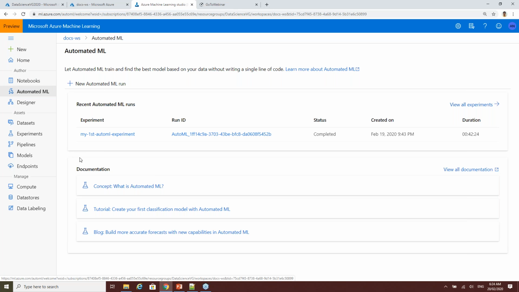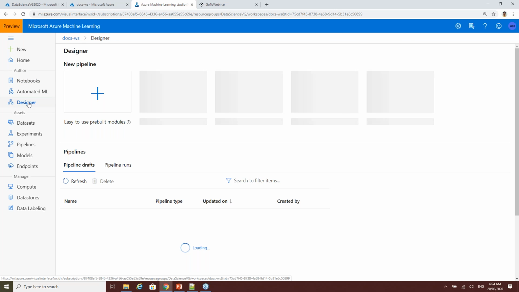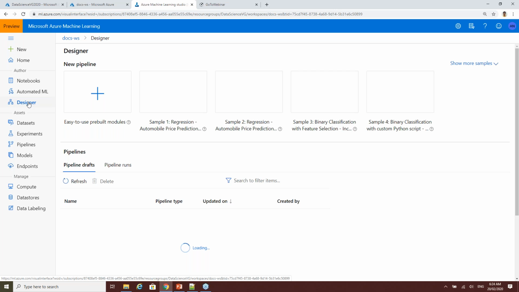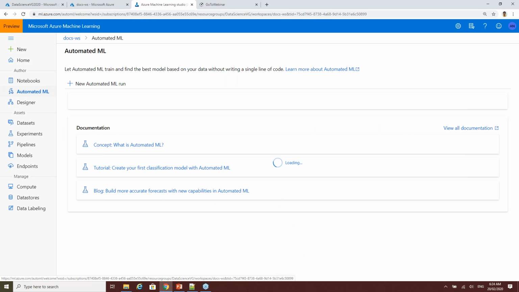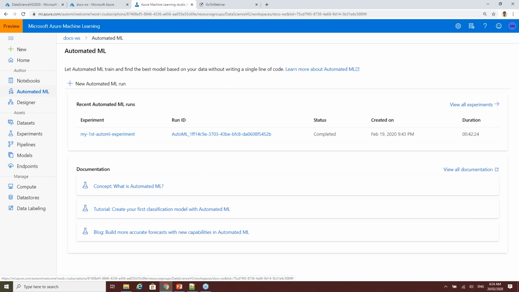So if you just hit launch now, it is going to open your Azure Machine Learning Studio here. As you can see, this is a single interface which they have tied together, irrespective of whether you are a data scientist who wants to create machine learning models from scratch using notebooks, you can do that here. Or if you have been using the graphical user interface to create your models, you can still use the designer to do the same through here. Or if you want to be a citizen data scientist and create automated machine learning models, then you will jump onto the automated machine learning link here.